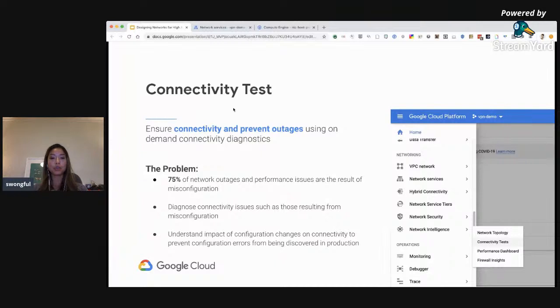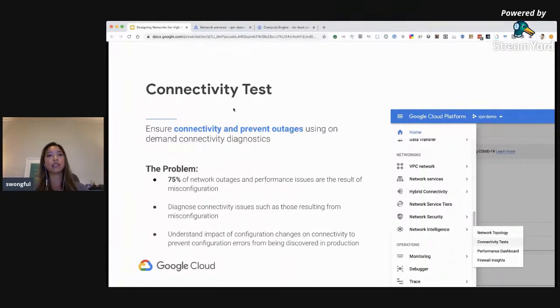So the way that this works in the backend is a model is created of your entire system, every configuration that's in your organization within GCP. And then the model essentially runs 4 tuples that will act as source and destination, but for your connectivity tests. And the system will run basically from source and destination a simulation. So we create different path traces based on your configuration and run a simulation through that. Based on what we detect, we can tell you whether your connectivity is either up or not. So it's essentially a static configuration model-based analysis.